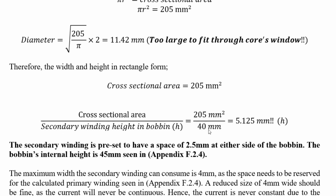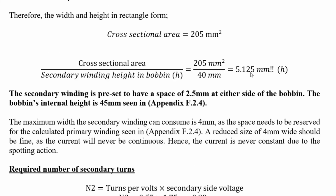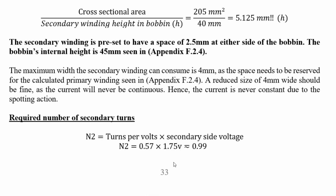Secondary winding height. So this is the maximum height of the E&I. So that's 5.125 millimeters height. That's really more than I could give. The secondary winding is preset to have a space of 2.5 millimeters at either side of the bobbin. The bobbin's internal height is 45 millimeters, so I left it at 40 for a wee bit of give. The maximum width a secondary winding can consume is 4 millimeters, so I couldn't make the 5.125. 4 millimeters is the maximum I could give, because you needed the tape